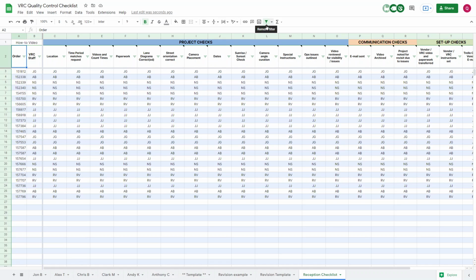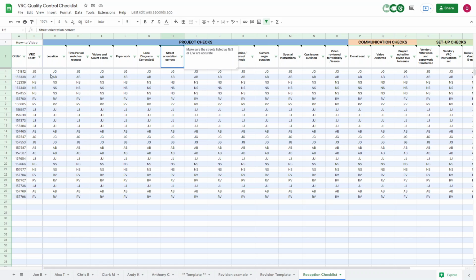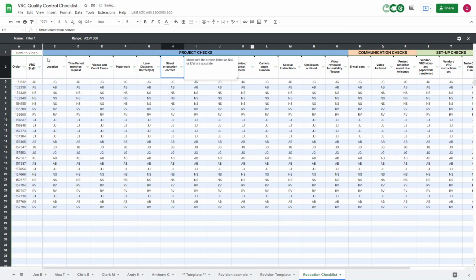Now, don't confuse a filter view with the filter. The filter is on right now. You can see these little inverted pyramids. That's the main filter. That's the master filter for the entire document. What you will need to be doing the first time you use this is save this filter as a filter view. Just click the little drop down, save it as a filter view, give it your name,